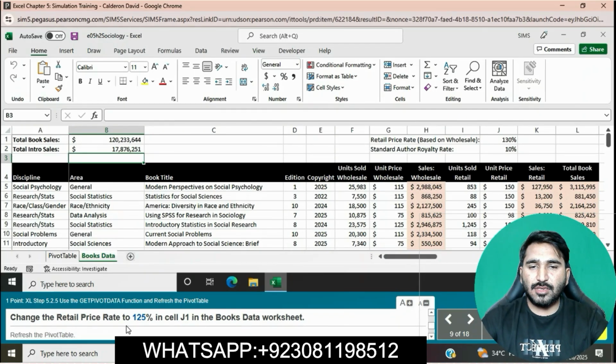Okay, you can read this question. Simply go to the books data worksheet and then click on cell J1.